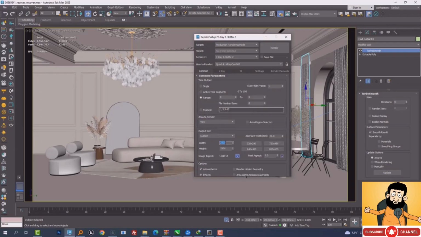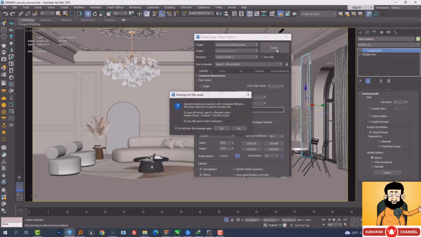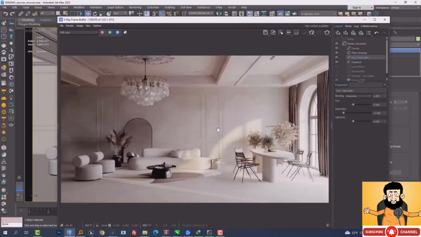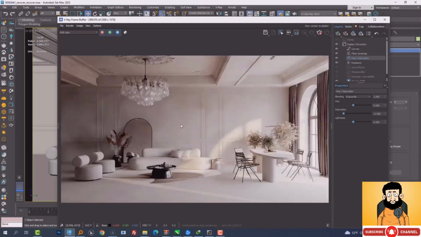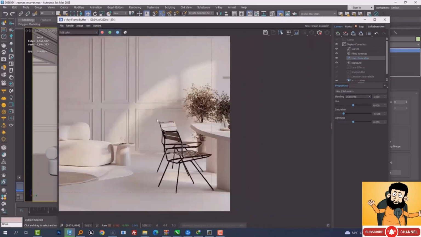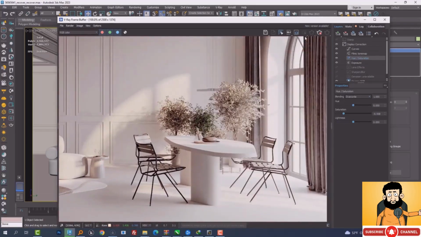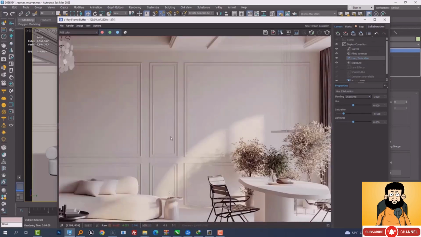Nothing. I'm gonna take the render, just a smaller size, 2500 for the width, and the height will be just proportionate to that number. Let's just check out this render. It's a final render. We're gonna get rid of some of the noise and some of the dark spots that we have. And as we are looking at the final result, we can see that we still have some noise,